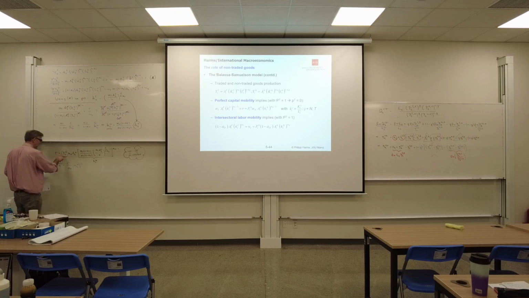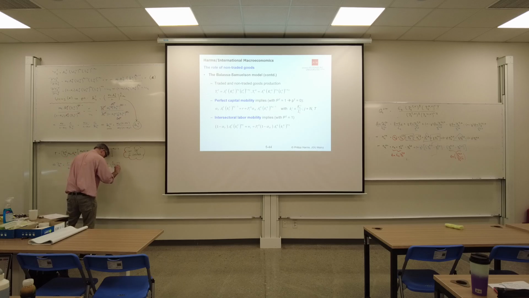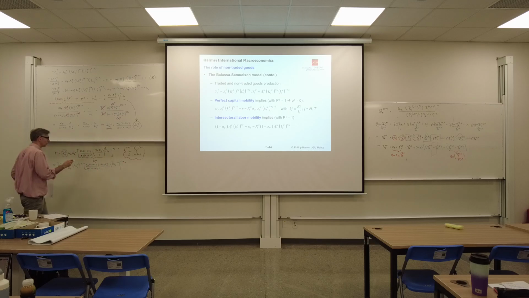So we're just moving everything to the left-hand side, and then we have alpha n 1 minus alpha T over 1 minus alpha n alpha T, ATT divided by R to the power of 1 over 1 minus alpha T, to the power of 1 minus alpha n. Now, please note, by moving this to the left-hand side, we've divided by it. Okay, now we are